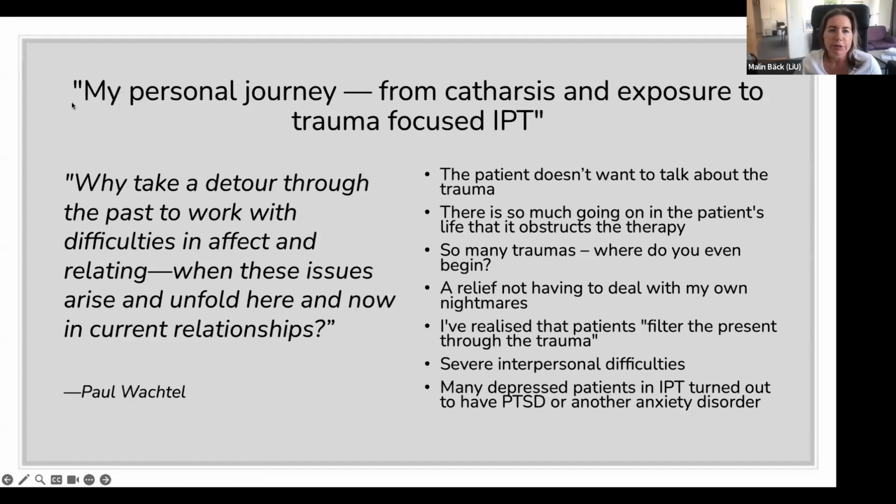So my personal journey went from catharsis and exposure to trauma-focused IPT, because I am psychodynamic in the background, and I've also been working with prolonged exposure therapy and things like that. I think many different trauma therapies can be helpful, but one example of why I like IPT is that many patients don't want to talk about the trauma. They want to get better, and then it's really good to talk about how things have been since we last